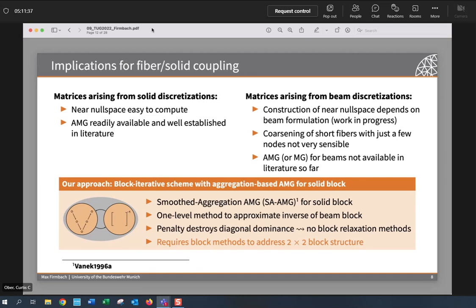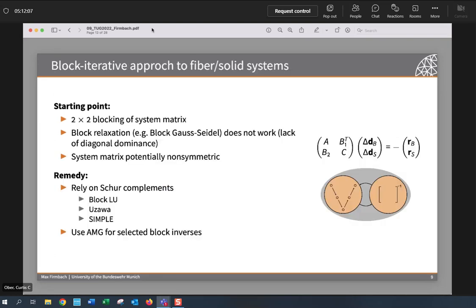And what we will do is the smoothed aggregation for the solid block. We will use some kind of one-level method to approximate the inverse of the beam block. And of course, the penalty, as mentioned, destroys our nice properties of the matrix. So block Gauss-Seidel or block Jacobi does not work here. So we will use some Schur complement preconditioner on the outer level, some block preconditioner there. So if we go to the next slide,